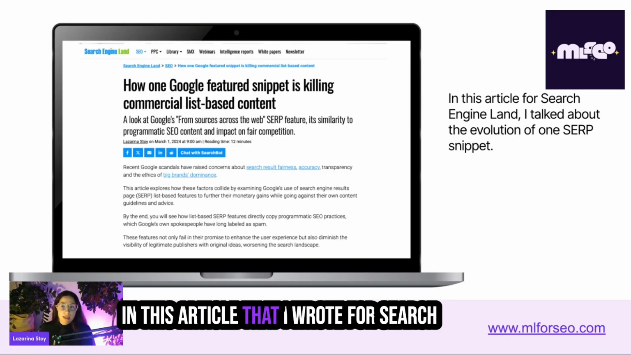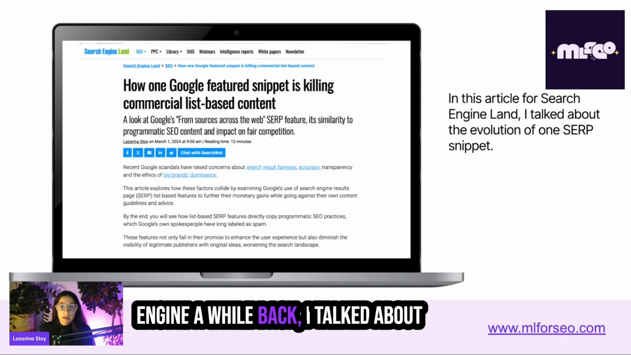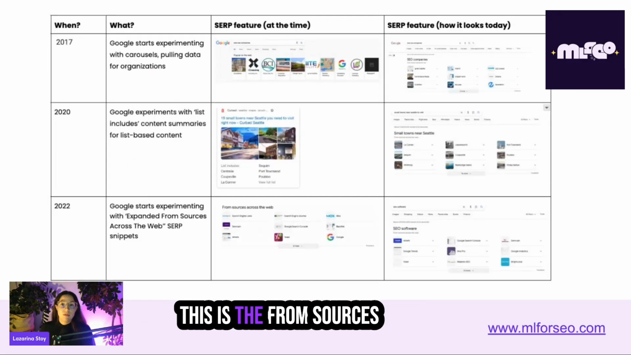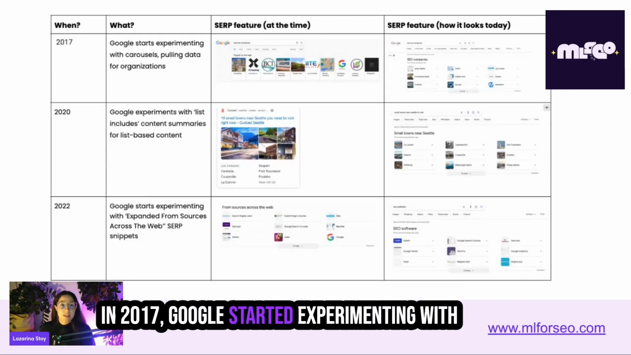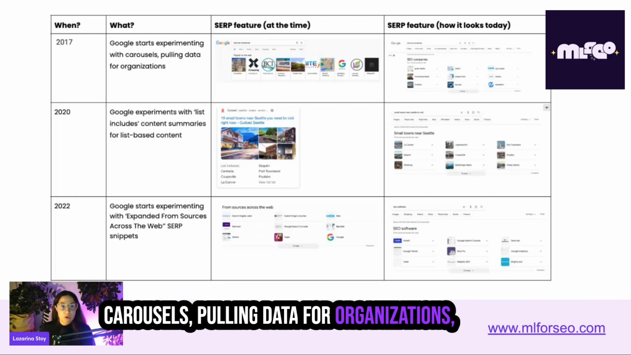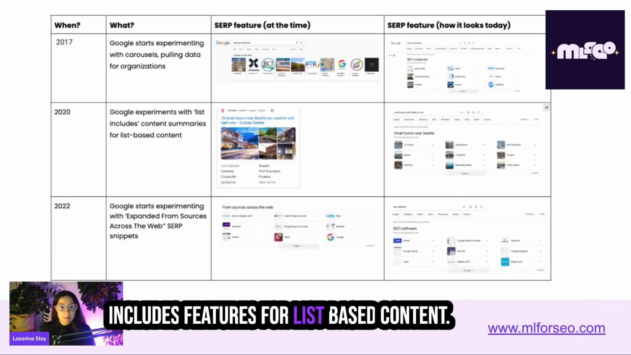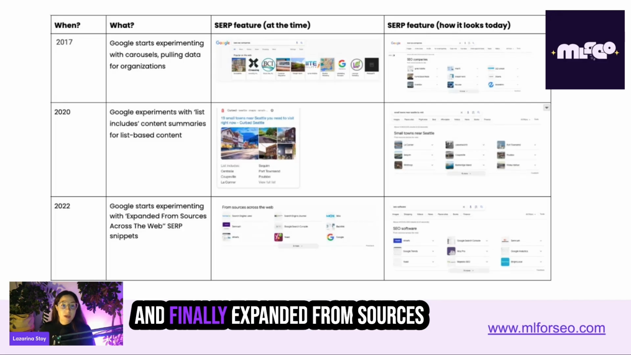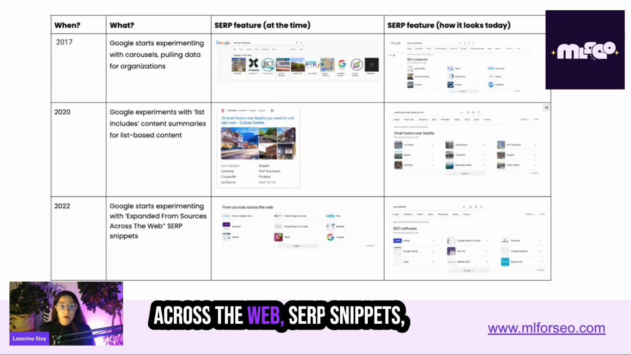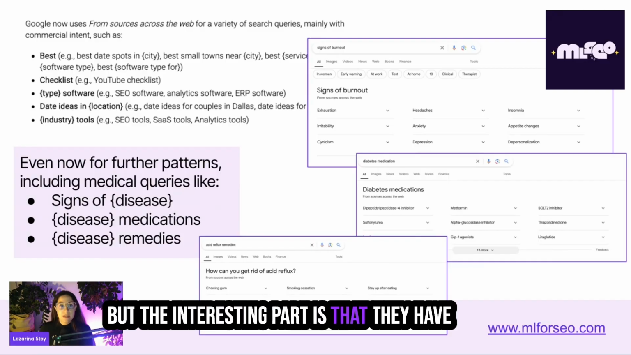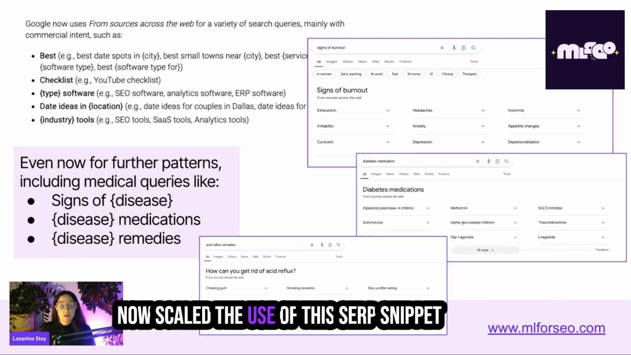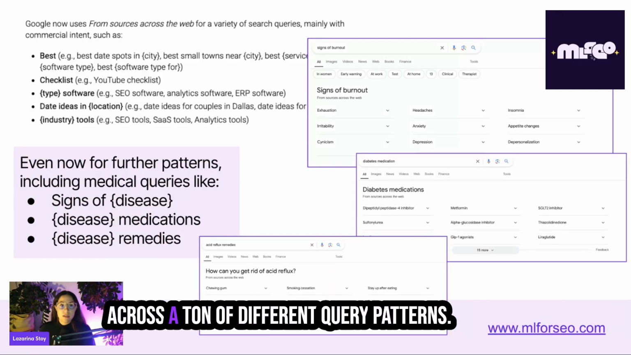In this article that I wrote for Search Engine Land a while back, I talked about the evolution of one SERP snippet. This is the "from sources across the web" SERP snippet. In 2017, Google started experimenting with carousels, pulling data for organizations, and then experimenting with list includes features for list-based content, and finally expanded into the "from sources across the web" SERP snippets, which is what we have today. But the interesting part is that they have now scaled the use of this SERP snippet across a ton of